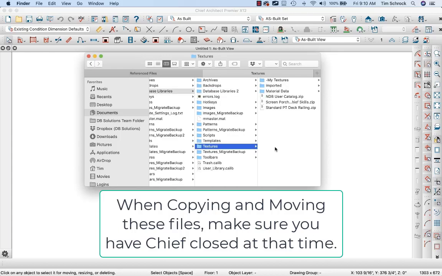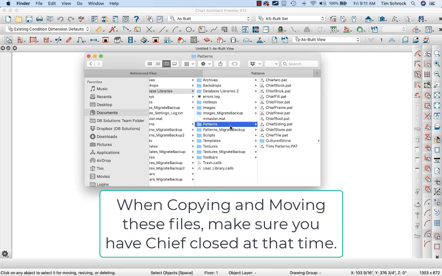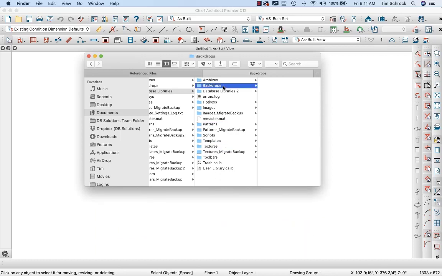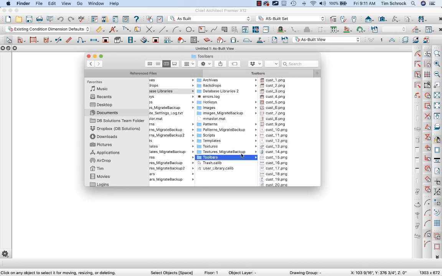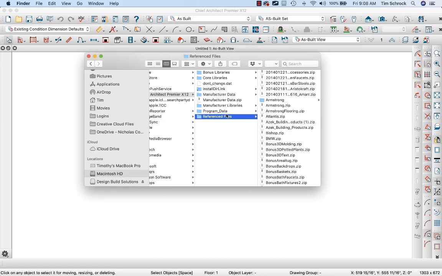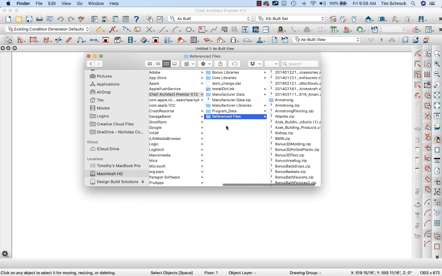You can also copy your Textures folder, any patterns you might have. Backdrops, I didn't have any. Hotkeys, the user hotkeys XML file. And toolbars. I copied all of these toolbars. So once you've got these files copied over to the same folder structure in the PC, then you can open